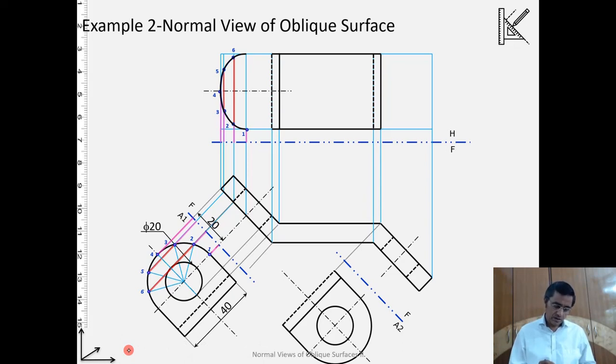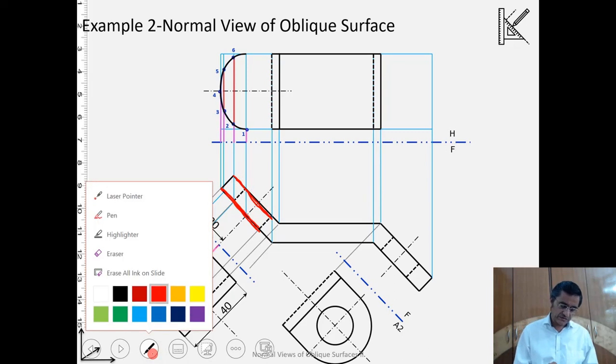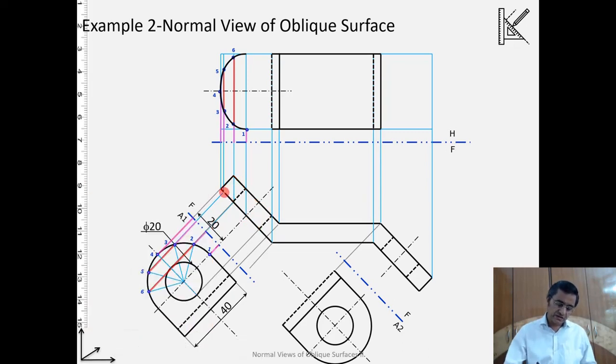Similarly, I can do it right now. We had done it for this face, which is the bottom face. Now we can do it also for the top face. So to do it for the top face, we will be extending each of these projectors to the top face, and then from the top face I will be drawing the further projectors.